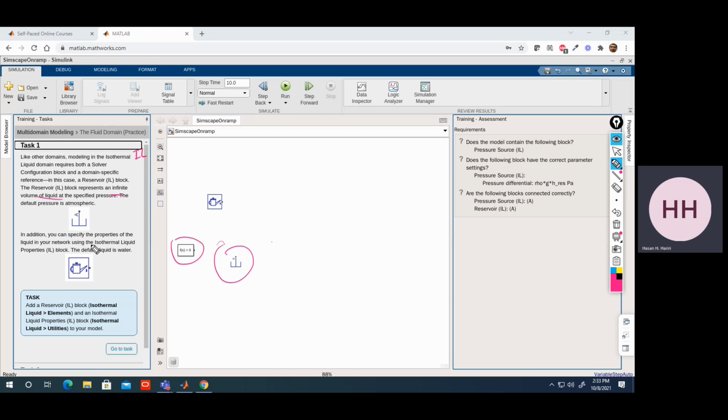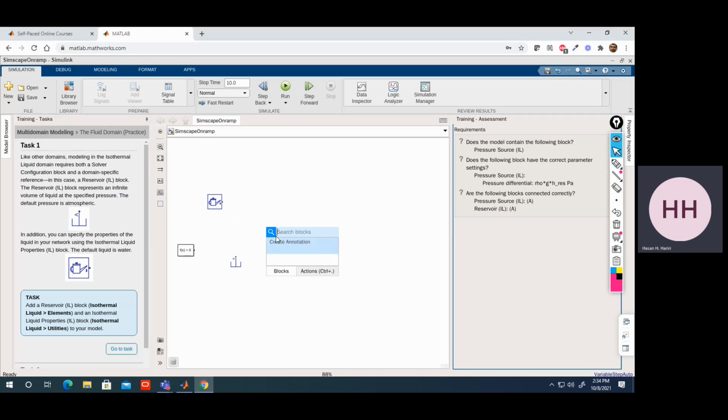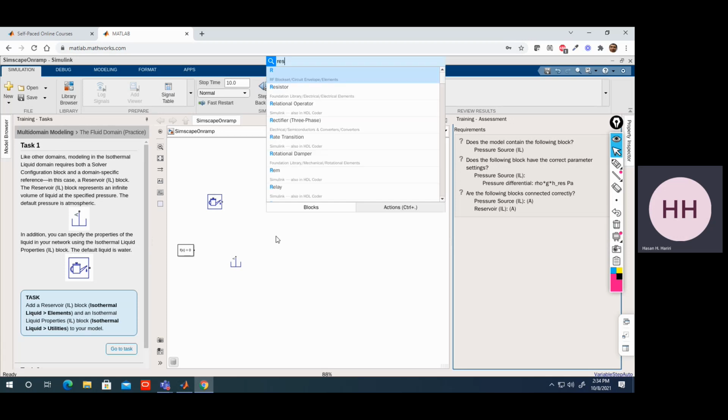In addition, you can specify the properties of the liquid in your network using the isothermal liquid properties block, in which you specify the type of liquid you are using in your network. By default, it's water. So this task asks you to add them. I added them. You can simply look for them by writing as always